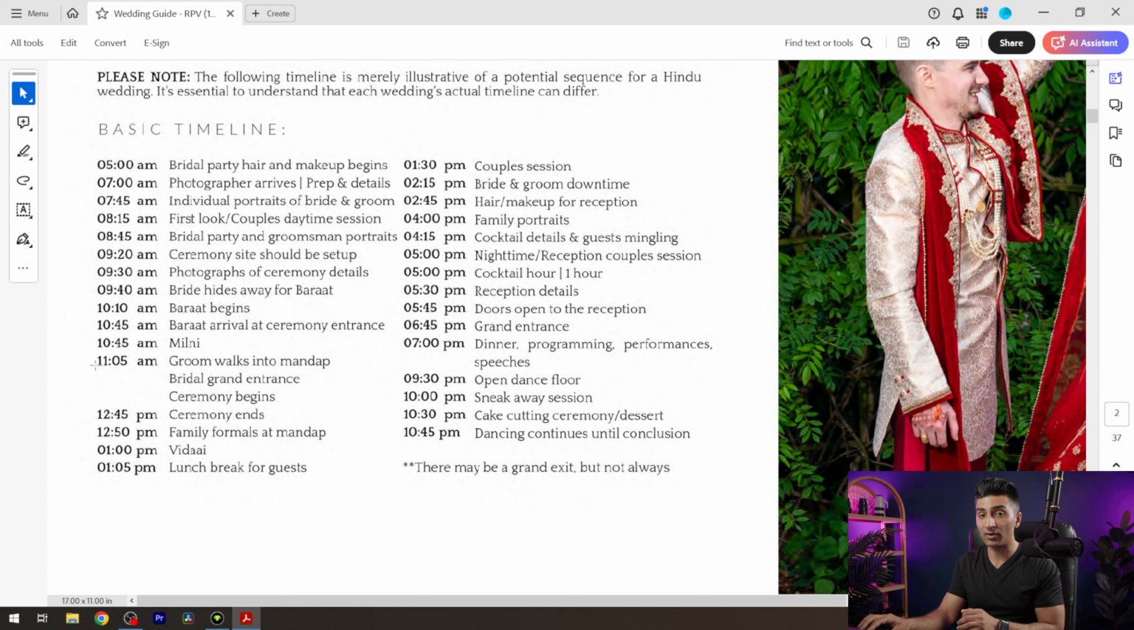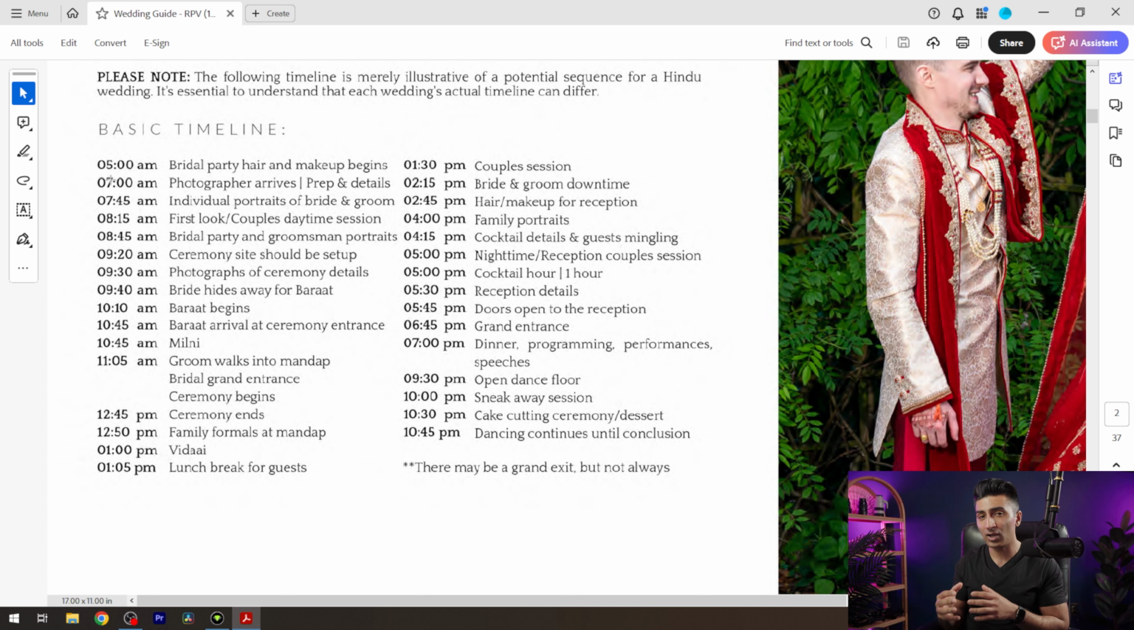That's going to give us enough time to capture preparation shots, detail shots, you and your fiance, a first look, and photo sessions of you together, along with your bridal party and your family members. So this will provide us enough time to capture all of these important moments. If your photographer arrives right around 7 o'clock, in this guide I'm going to walk you through